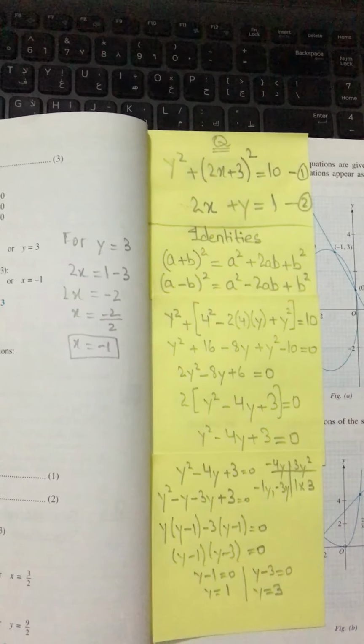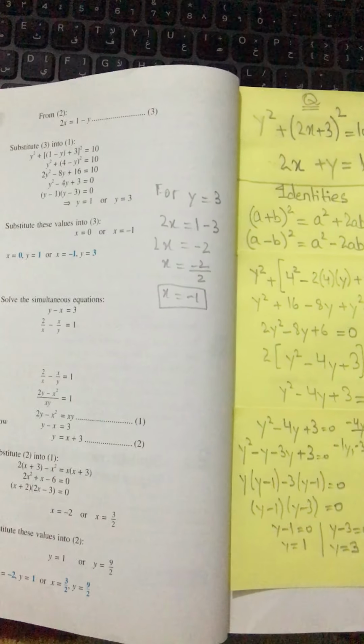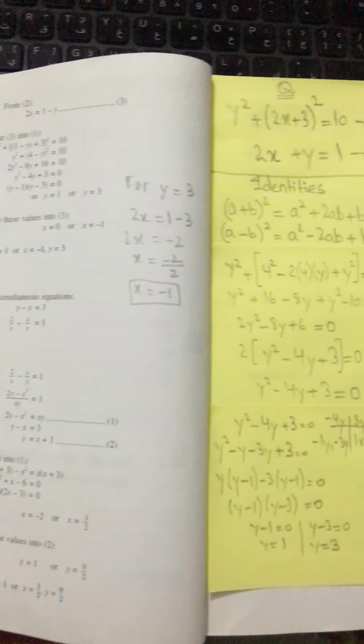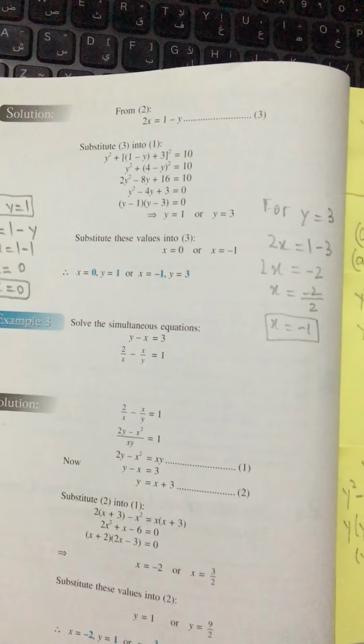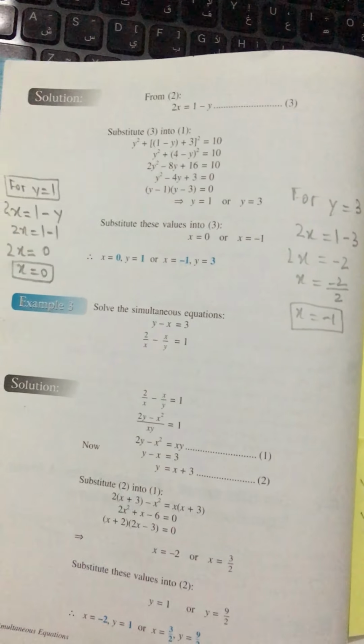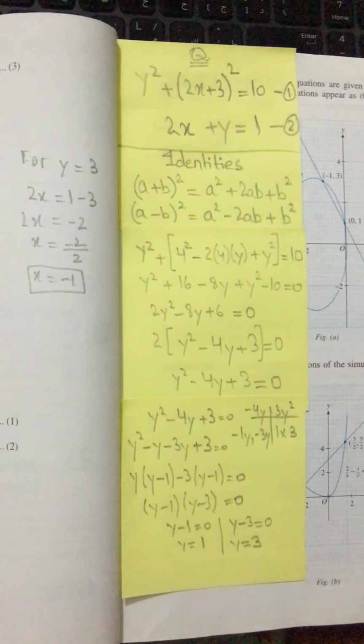So this is basically the trick of the question. I told you guys that there is a very long working in this question. That's why I have shown it this way. In the book, the solution is quite simple and quite short, but I hope this would create a lot of confusion. That's why I have solved it in a very detailed manner.